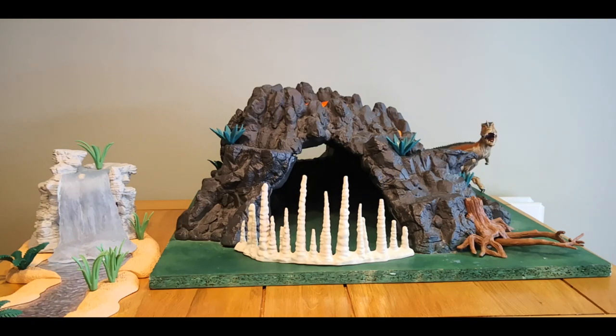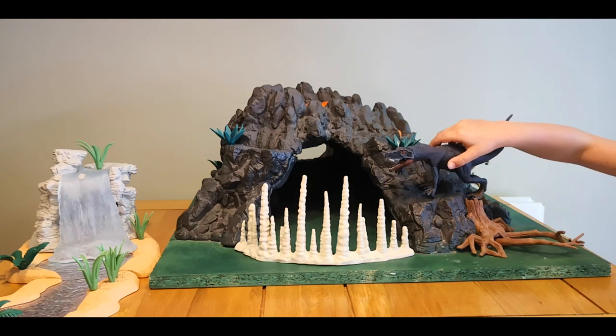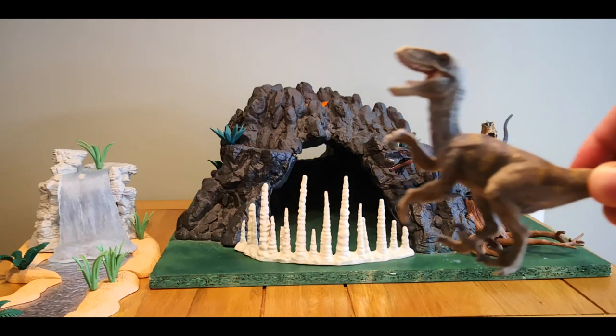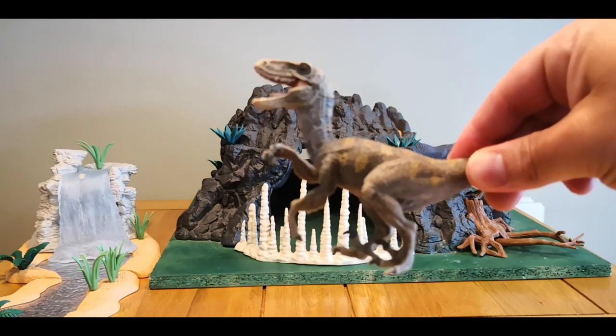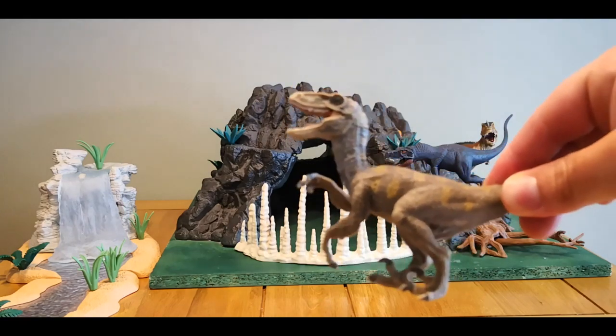There we go, Sebastian. Now, we've got a very special one for people now, and I think you're going to like this one too. This one is probably your favourite dinosaur of all time. What is it, Sebastian? Do you wanna name it? Shout it loud. It is the Velociraptor. It's the Velociraptor. Look at this one. And this particular Velociraptor is from Schleich